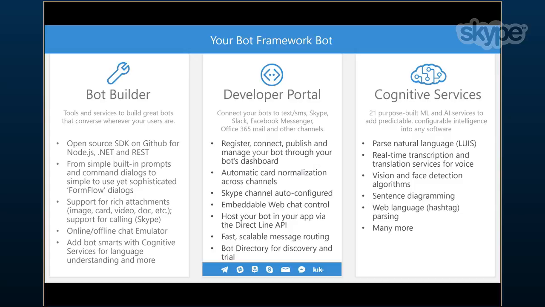The bot connector, which is a piece of technology that we've built and is published on Azure, is the piece of code that connects your bot to each of the messaging channels. So that needs to be able to reach the endpoint of your bot. So your bot needs to be published in either a web accessible endpoint, or if it's running inside of your enterprise, you need to use something like ngrok or something similar to be able to forward messages from the public internet to your bot within the enterprise.